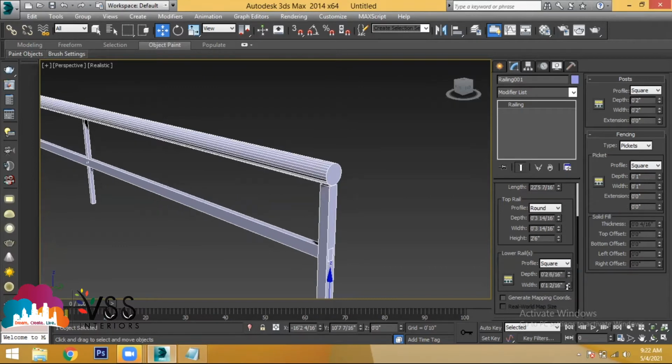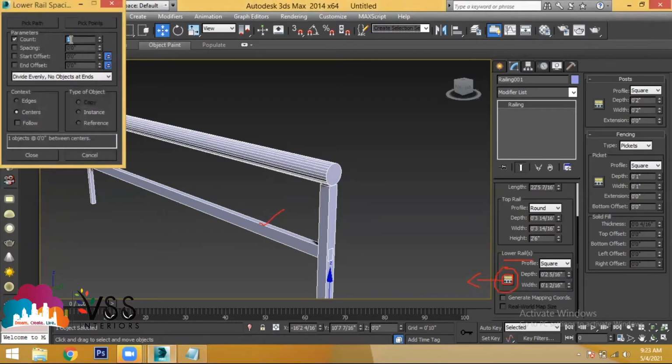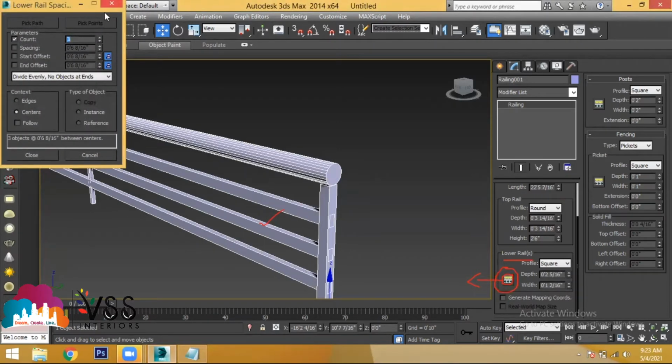Now, as I've told you in the previous class, we have discussed carriage. In the staircase, you will have the option called carriage. In carriage, you will find this option, right? Have you seen this option called carriage spacing over there? Now, this is called lower rail spacing. When you find this type of box, you can add multiple objects. In the lower rail, you can add these planks more than one. To add more than one, you have to click this lower rail spacing and choose how many items you need. Let's say I've taken 3 items, and now you got 3 lower rails.